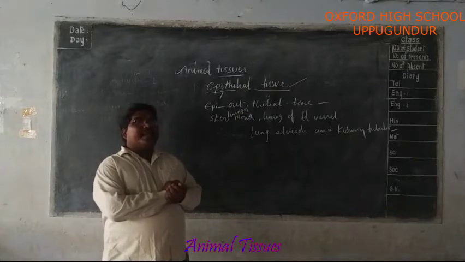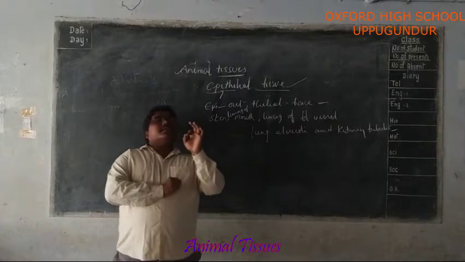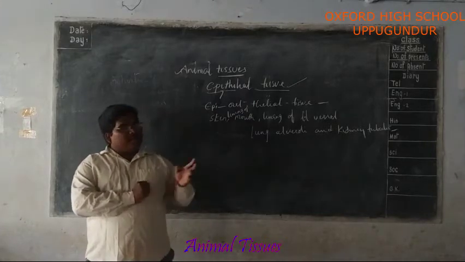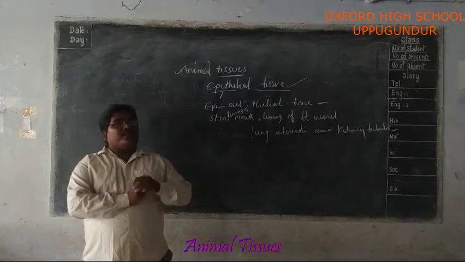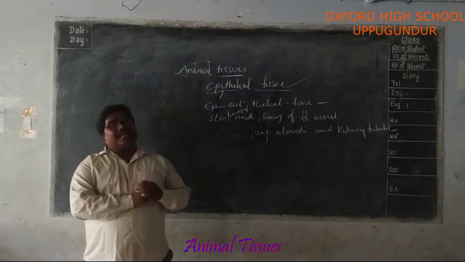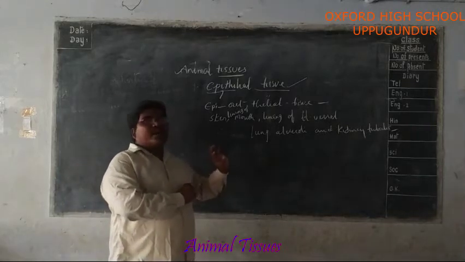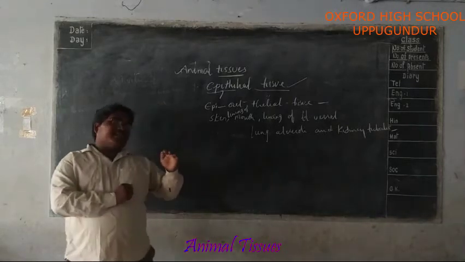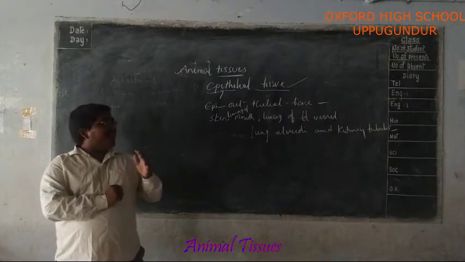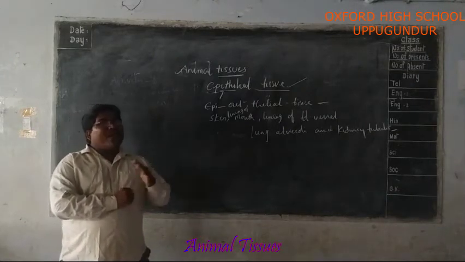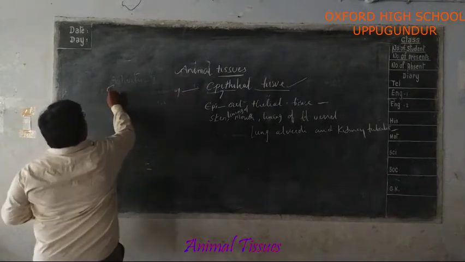Epithelial tissue is extremely soft and thin. It forms a delicate lining. Do you understand? Epithelial tissue is extremely soft, flat and soft. It forms a delicate lining. It is called squamous epithelial tissue. Types of epithelium. The first one is squamous epithelium.